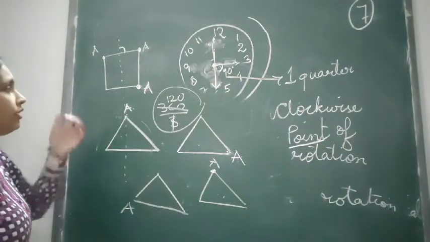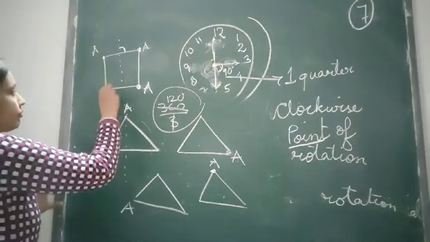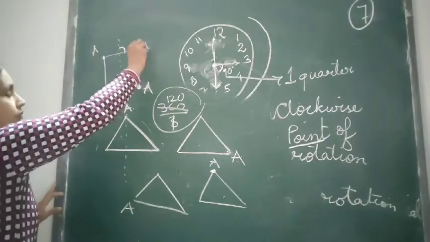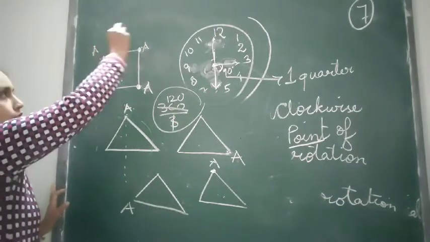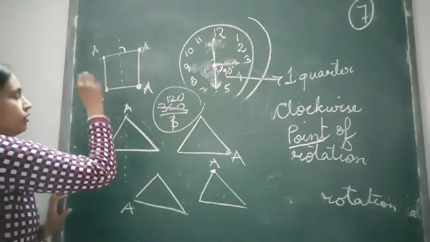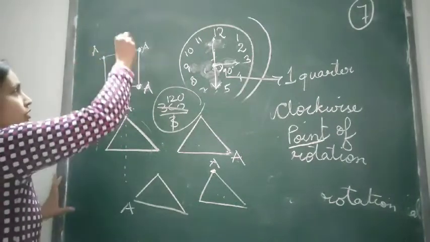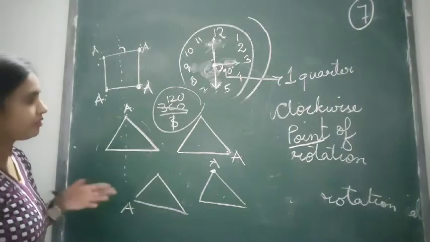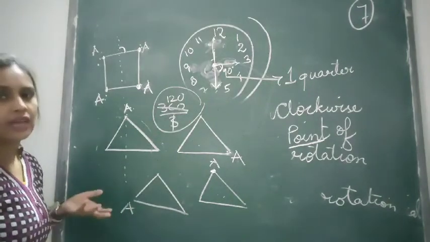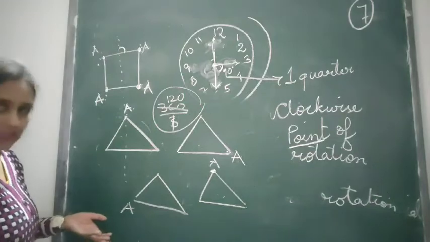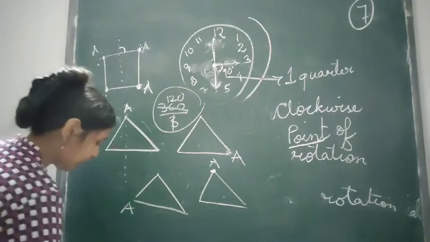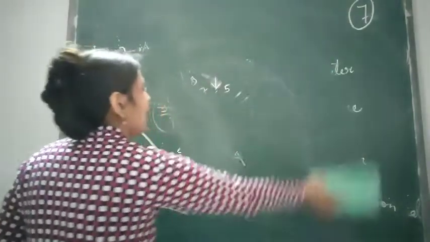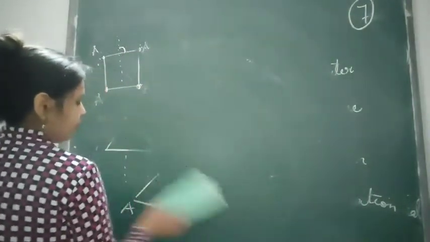Or again, if you don't understand, find out the order and divide 360 by it. So this is the initial position. First position, second position, third position and back. So how many orders? 1, 2, 3, 4 orders. 360 divided by 4, so it will be 90 degrees. So the angle of rotation will be 90 degrees. Okay. Now let's take an example of figures which do not have rotational symmetry.